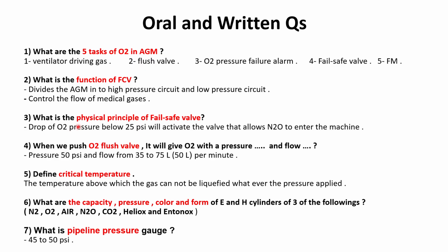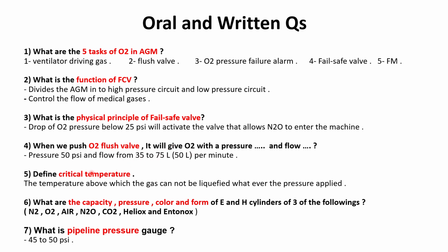When the oxygen pressure drops below 25 psi, it activates the valve and that allows nitrous oxide to enter the machine. Okay. When we push the oxygen flush valve, it gives oxygen pressure of 50 psi and the flow averages 35 to 70